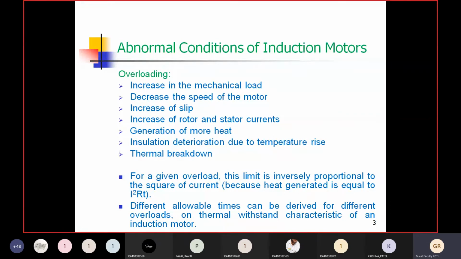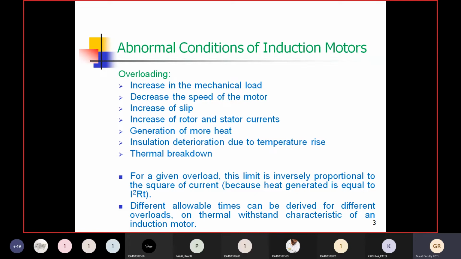Whatever winding we design, whatever type of winding, it is made with either copper or aluminum. Generally, copper and aluminum can withstand current and voltage in some specific range, and temperature in the range of at least 100 degrees centigrade. During overloading, it is not going to cross some limit. So it is not going to create trouble because of just overheating. It is going to create trouble because of weakening of insulation. That is called insulation deterioration due to temperature rise.